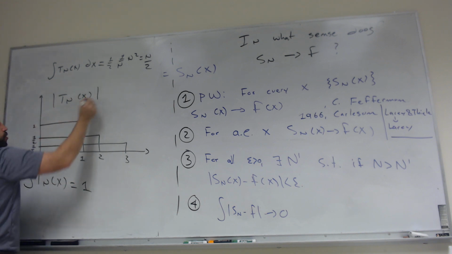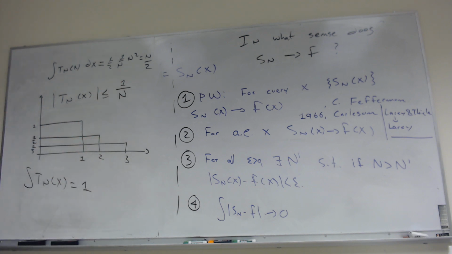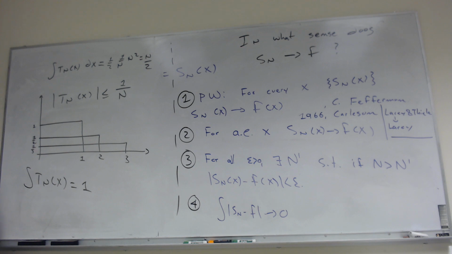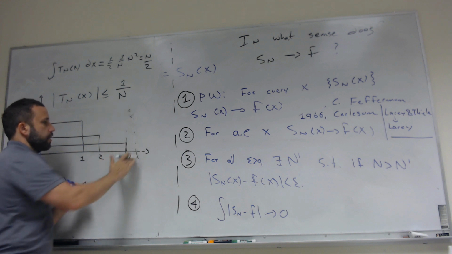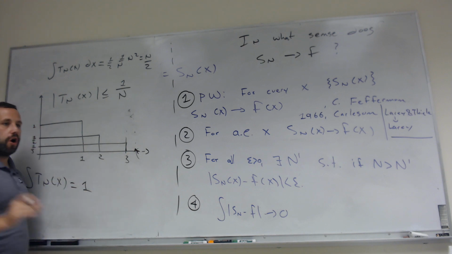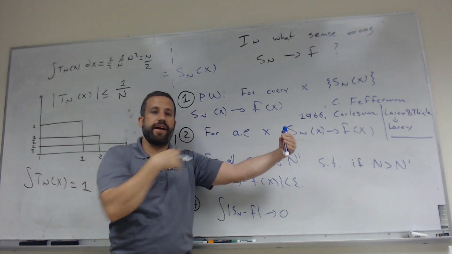Yet the absolute value of Tn of x for any x is less than or equal to 1 over n. So in other words, this converges uniformly to 0. Convince yourself from the definitions that if Tn of x is less than or equal to 1 over n, this converges uniformly, by this definition here. They're uniformly getting smaller. You can see from the graphs here, the functions are uniformly getting smaller. There's not a peak out here where it's bigger. Even though there are some points up here, the point way out there is going to be 0 for a lot of terms in this sequence, and then it's eventually going to get to some point.